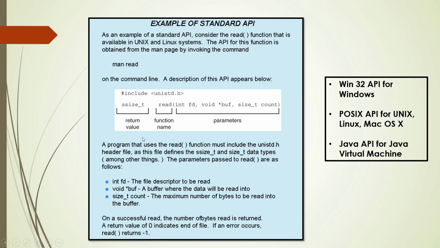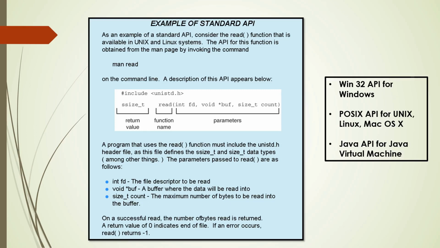Now the application program must use this header file, otherwise it is not possible to access this particular function, because it is defined under the header file unistd.h. So now we can relate that the application program or user program can use a standard API, Win32 API, POSIX API or Java API, and can call the system calls to get its functionality or services.